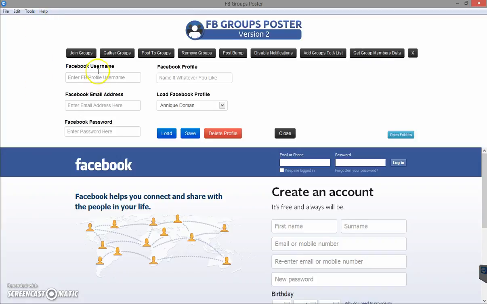So when you first get your group poster, it's going to look like this. You would then enter all your details here of how to sign into your Facebook. You can then save it onto whichever, because you can have it on multiple computers and multiple Facebook profiles. I've only got it on this one, so it's fine. I've already filled it in and I clicked on save. Now I only have to load it in the mornings or in the evenings or whenever you want to post